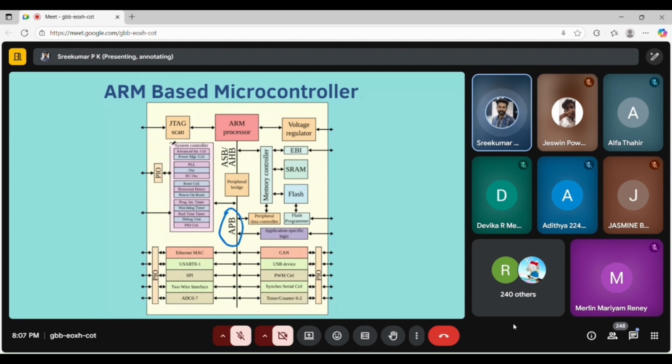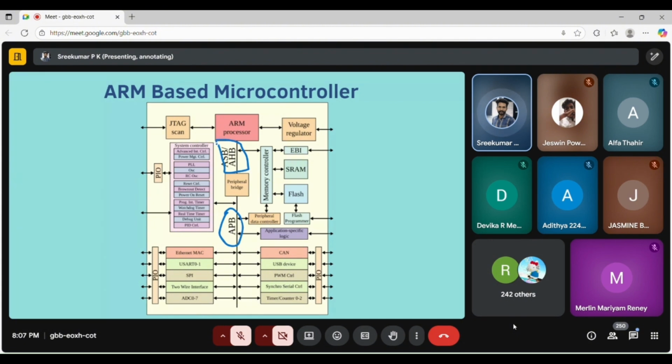You can see some associated peripherals and units inside that. That is the system controller. You can see programmable phase locked loop, oscillator, RC oscillator, reset control, brownout detect. So many other circuits are there to support the microcontroller during power on and during failures, like watchdog timer, debug unit. So if you are learning microcontrollers, you have to learn a particular architecture like this. You need to know what individual units do. That is what you have to focus on.